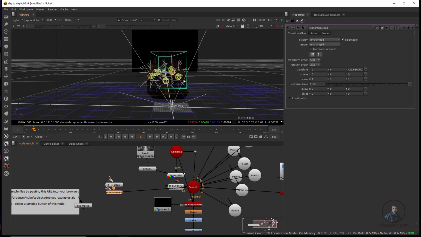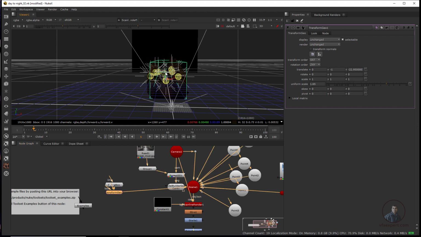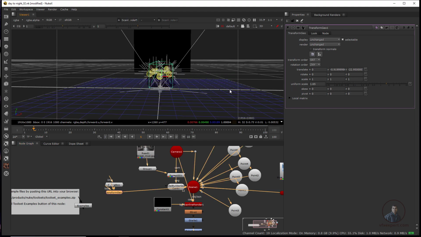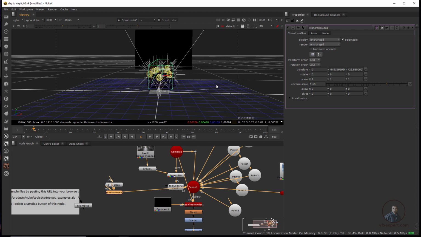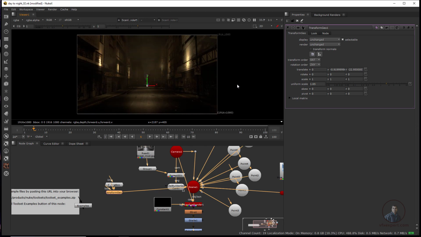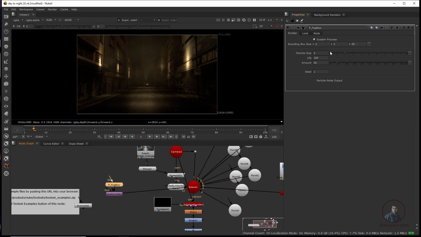Then double click here on transform geo and adjust. Now press tab, just check here. I think this is looking good. Adjust the box size a little bit. Maybe some values here.